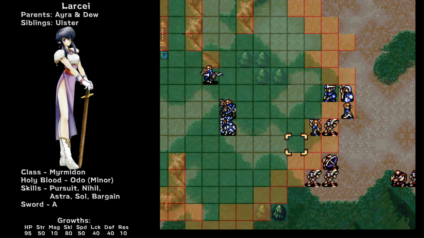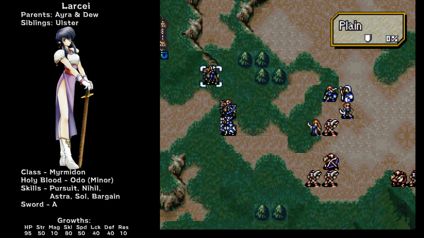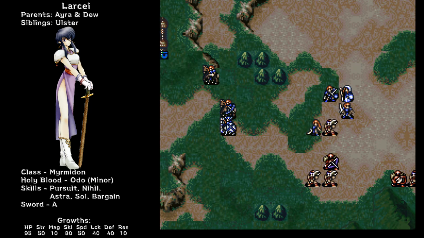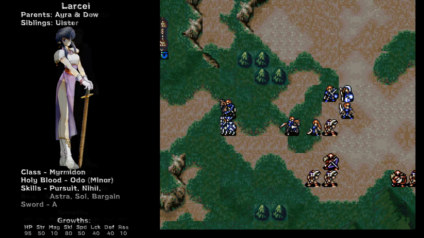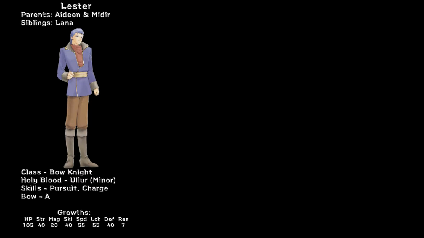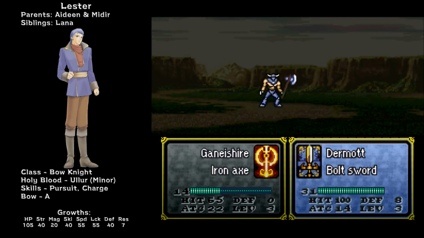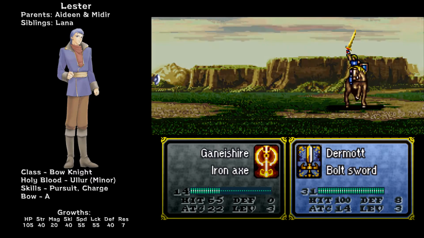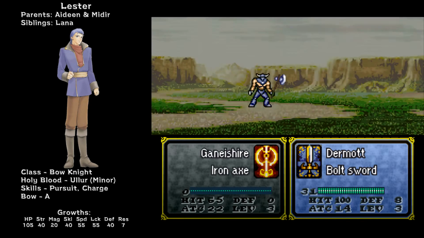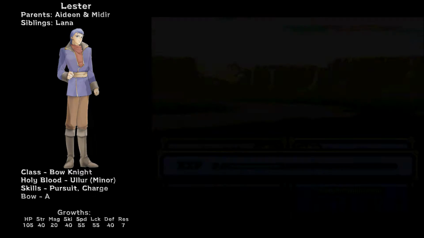He can't really hit anything that I care about other than this guy. I want to see if he can kill it or not. Oops. If he can't one-round it, then it doesn't really matter. Actually, he can, right? Sure. I'm pretty sure Pursuit will work. Iron Axes are so heavy. I'm pretty sure every person we have right now has Pursuit. We managed to pass it down to basically every child we'd get, so...